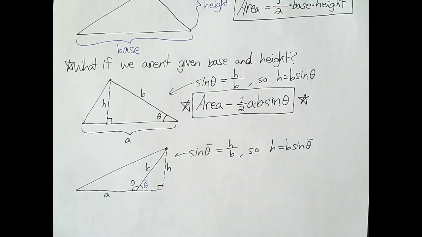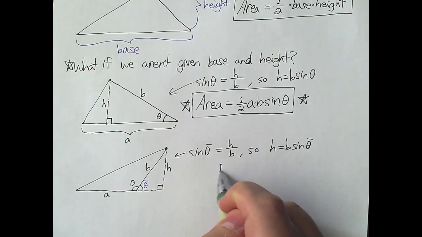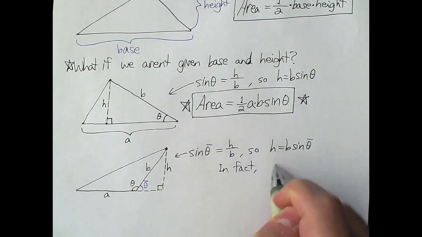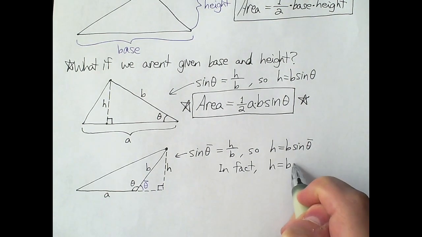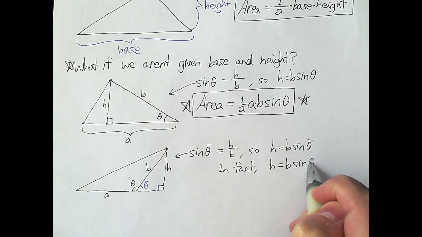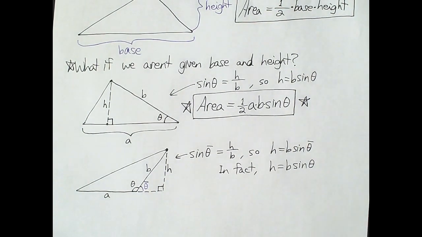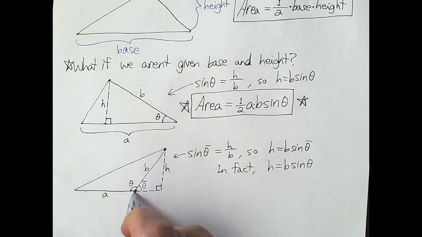So does this mean that we need something that looks like that above formula, but instead of theta, it says theta bar? Well, we could do that. But in fact, I claim that h equals b sine theta also works. The reason why we can change the theta bar to a theta is because if this point right here is at the origin,